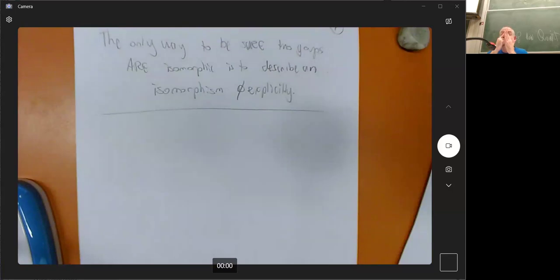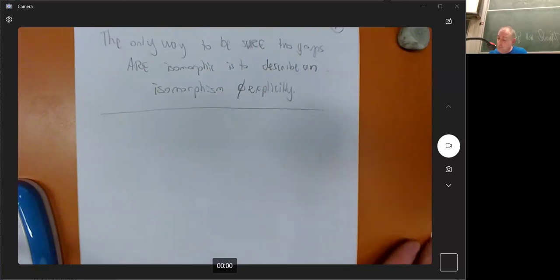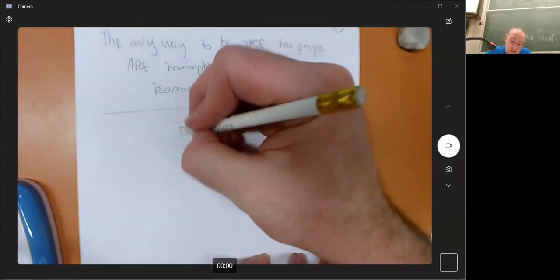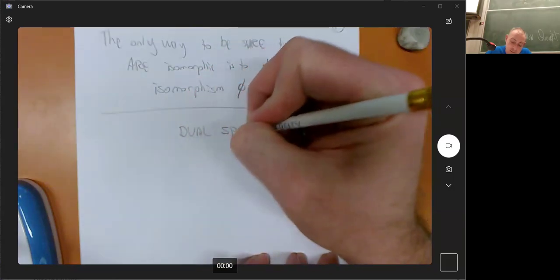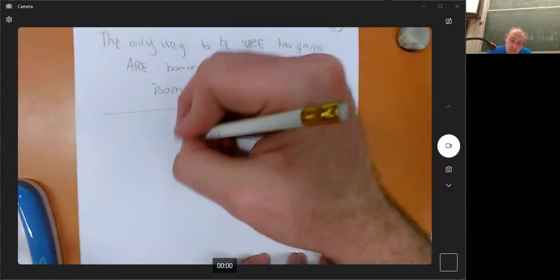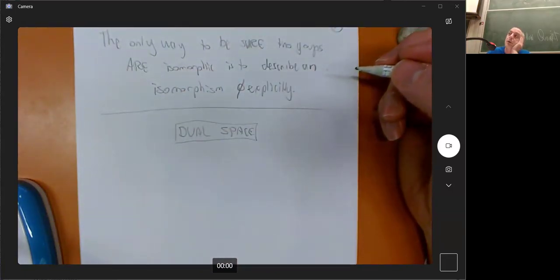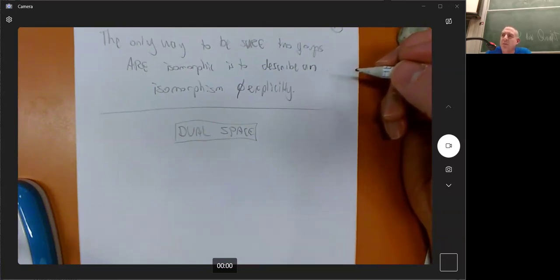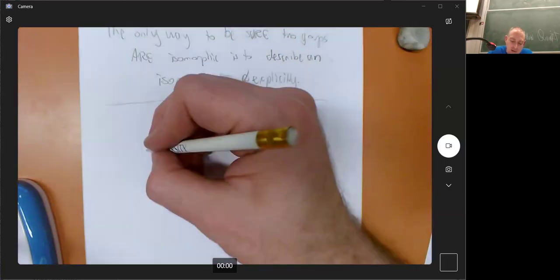Okay. Right. Well, my other list had dual spaces and stuff and intuition thereof. I might just start there. I'm not 100% sure on all the details here, but I can be sure of a few things. So dual spaces seem like such an innocent idea, but they seem to come up all the time. Don't quite understand why, but I do know some things about them. So if you've got a vector space